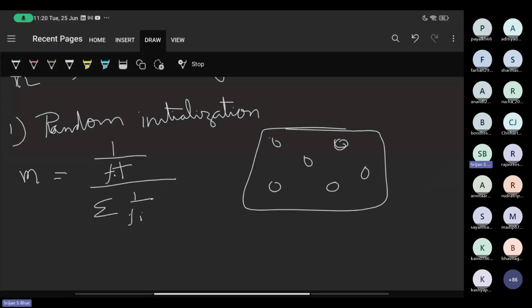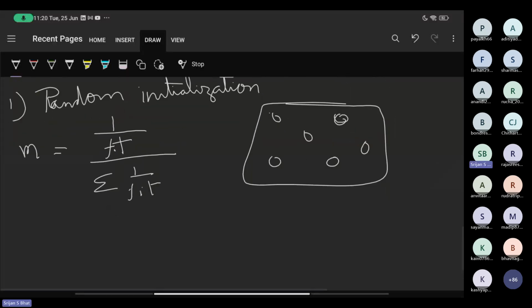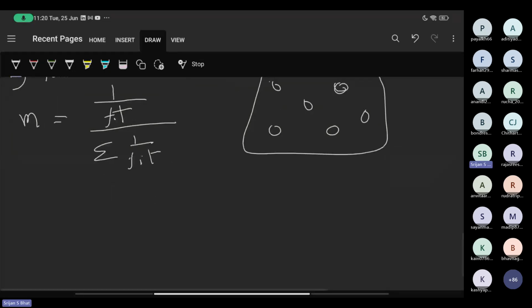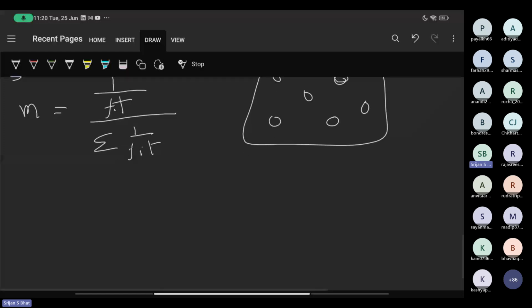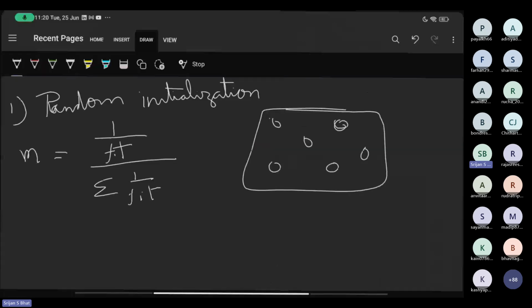So this is just a normalization factor that comes in. 1 by fitness by summation of 1 by fitness. So this will be the mass. So as you can see, the one having higher fitness here will have a lower mass.